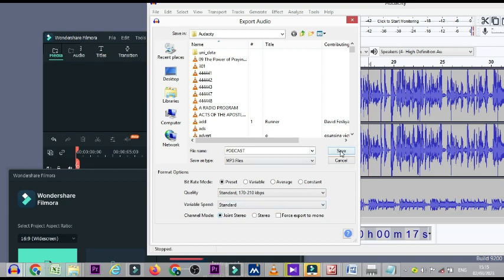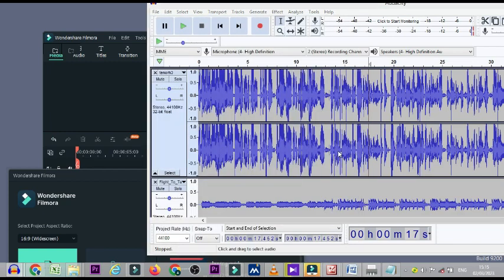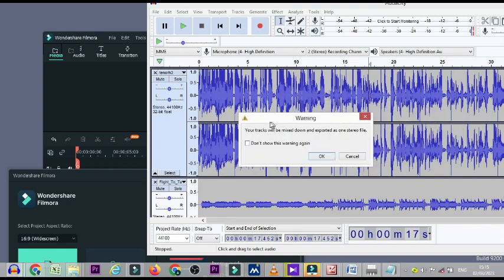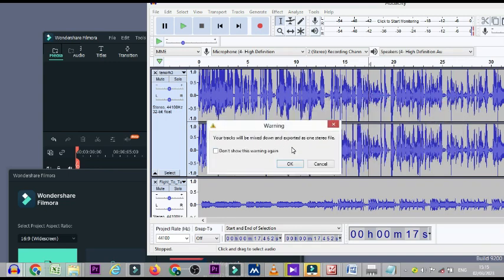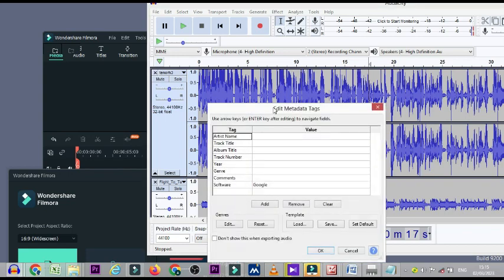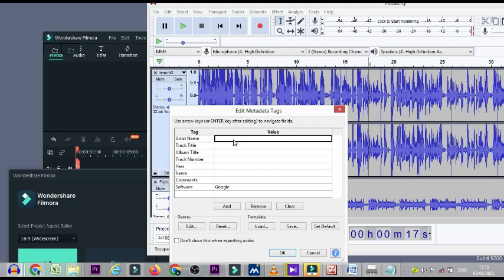And then you just click on Save, and once you click on Save, it's still going to say your track will be mixed down and exported as one stereo. Then you click on OK, and then here you can actually add some